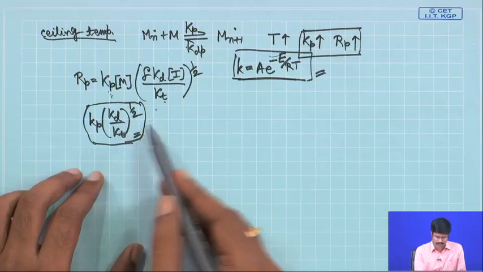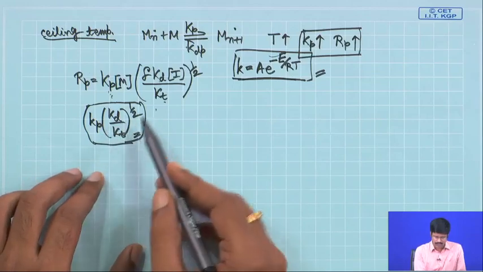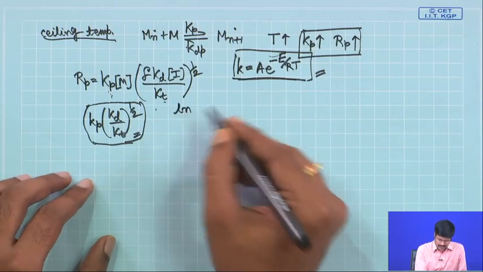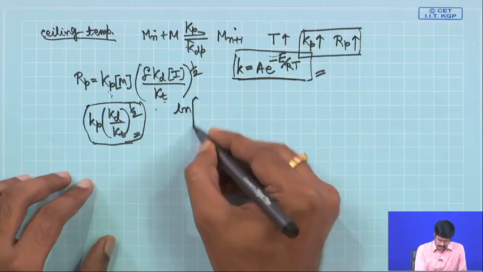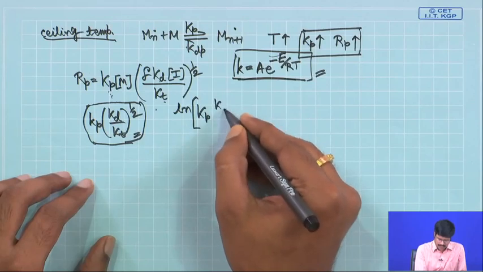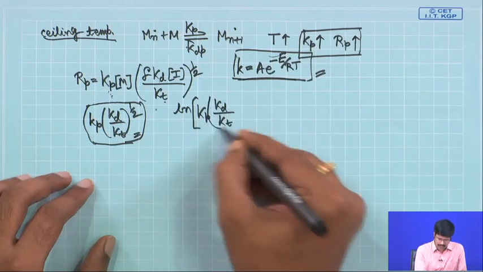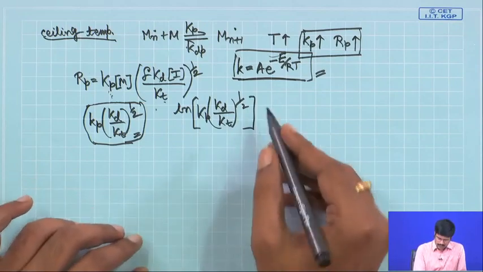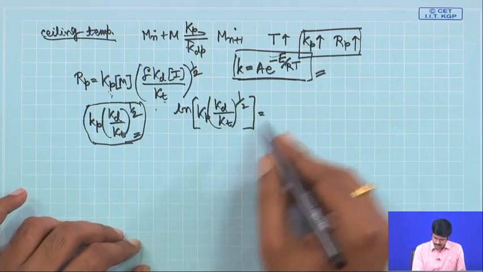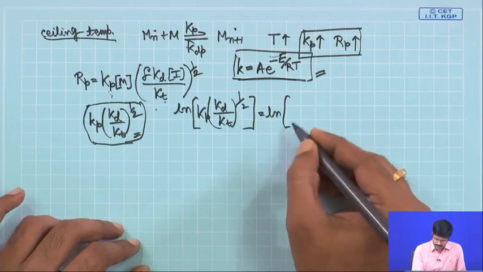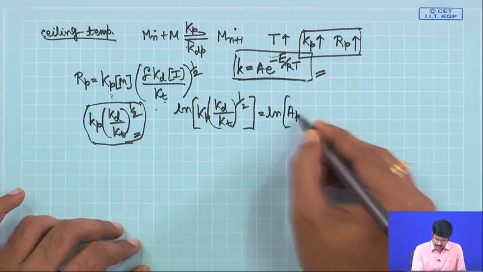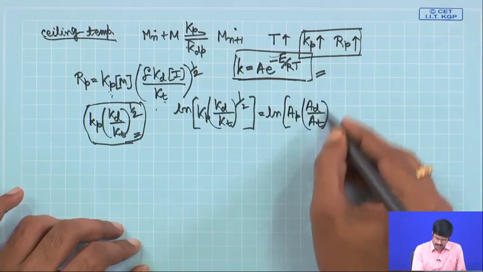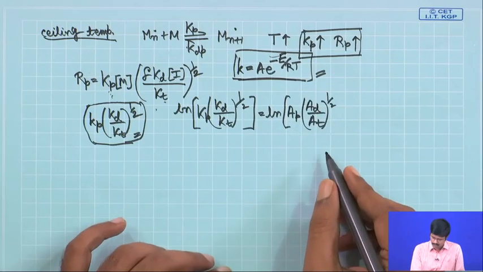in terms of the Arrhenius frequency factor, the temperature and the activation energy. So, what you do is take ln here, ln of Kp Kd divided by Kt to the power half. Correspondingly this will become ln of Ap Ad divided by At to the power half,